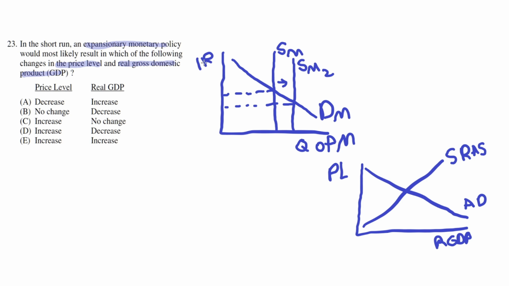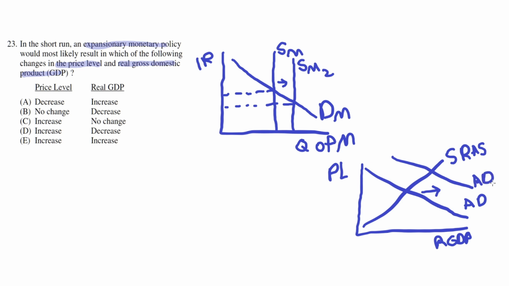From this, we can see that the decrease in the interest rates would shift the aggregate demand curve to the right, because the decrease in interest rates means an increase in investment spending, and increased investment spending results in an increase in aggregate demand, which causes the aggregate demand curve to shift to the right,